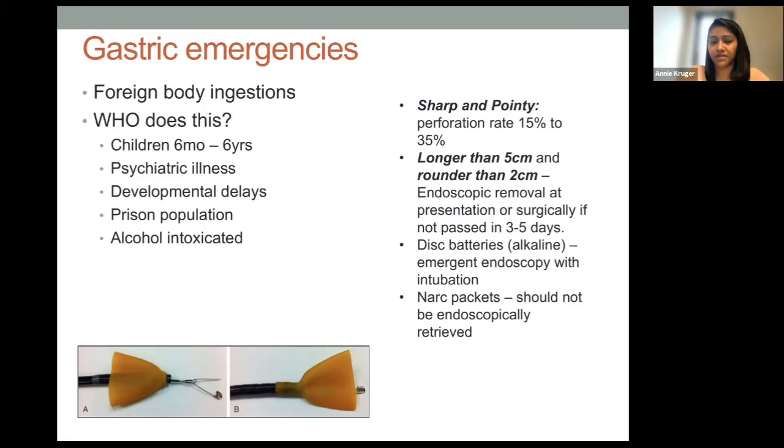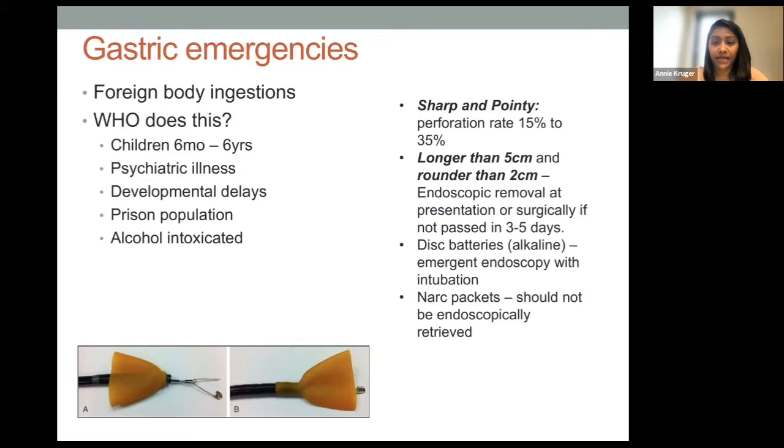I think the hardest things to pull out are button batteries and things like this, which is a safety pin. So anything sharp and pointy is the thing that's going to cause the highest rate of perforation, which kind of makes sense. But if it's longer than 5 centimeters and rounder than 2 centimeters, then really it can be removed. The only thing is that if you have a disc battery, like an alkaline battery, you need emergent endoscopy with